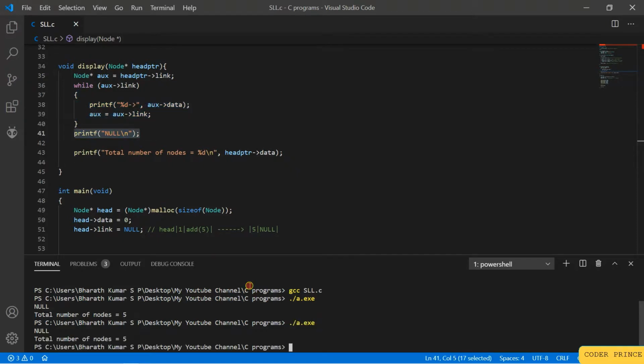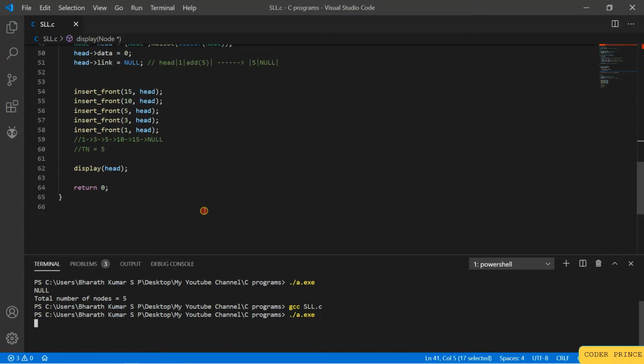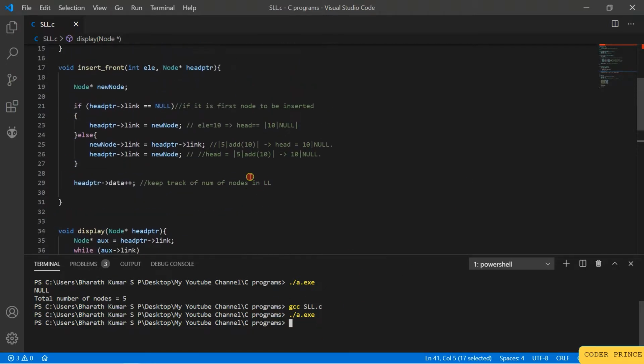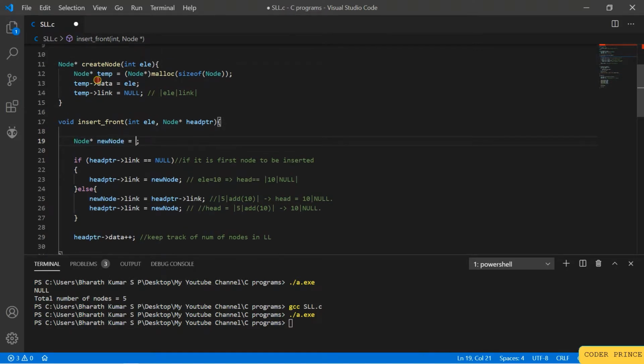Okay, let me check again. Sorry. Yeah, this is the output before. Now after compiling this new code, let me run it, and here you should find this output. I think there are a few logical errors, right? So here we have created a new node, but we did not call it anywhere, right? Create node has to be called, otherwise how is the data allocated? So sorry for that. It has to be element. Hope everything else is correct.